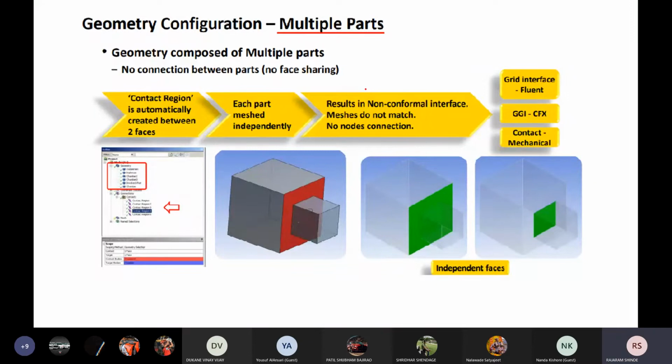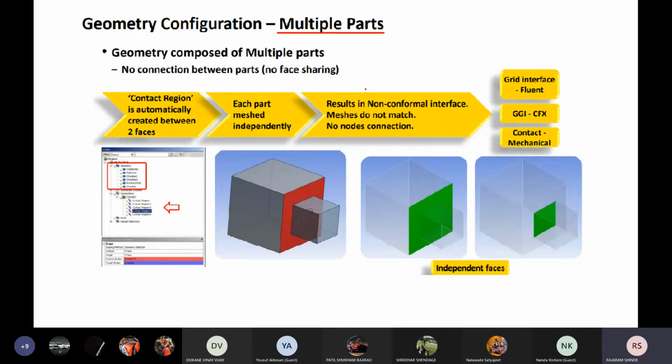That means if you have two separate bodies not connected by a common face, then you will get a non-conformal interface. Non-conformal meshes do not match, and no node connections are available.